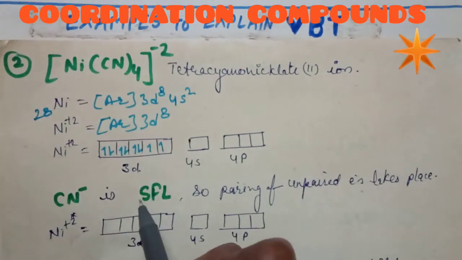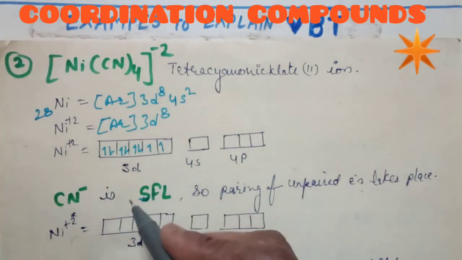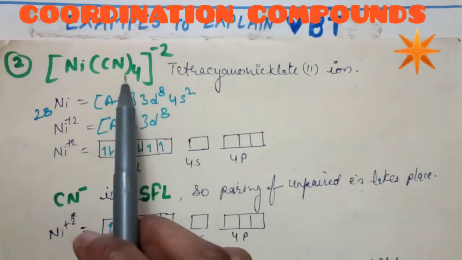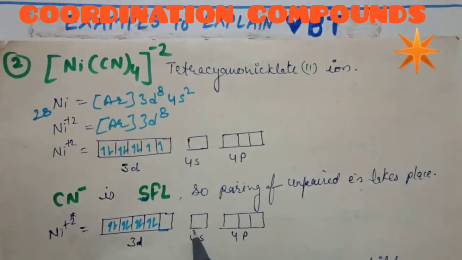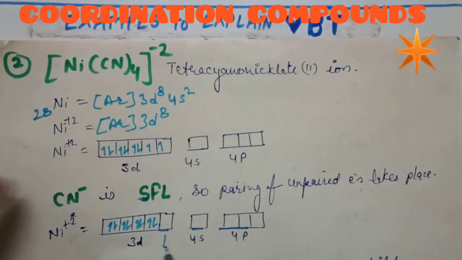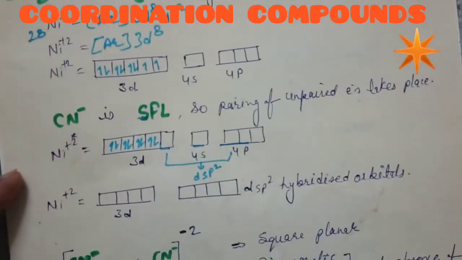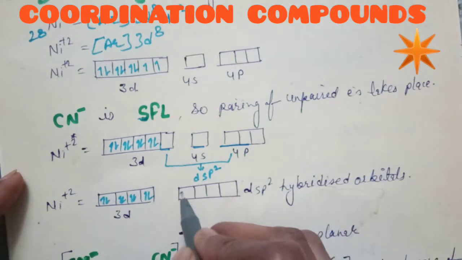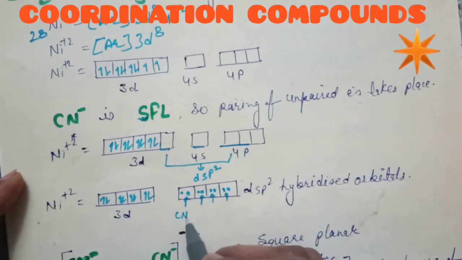Now CN- is a strong field ligand. Strong field ligand means it will pair the electrons. So pairing will occur and the electronic configuration becomes like this. Now 4 vacant orbitals are required to make 4 coordination bonds. So one d, one s and two p orbitals take part in hybridization and dsp2 hybridization will occur. Now the 3d electrons are fully filled and the dsp2 hybrid orbitals are coordinately bonded with